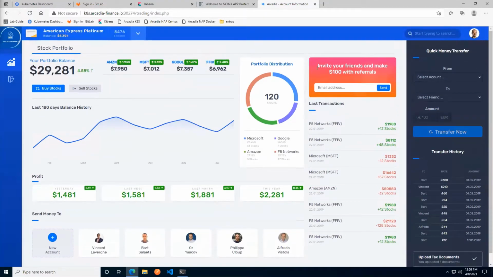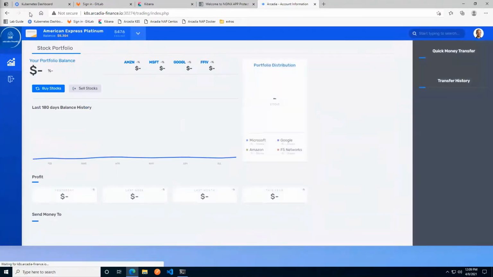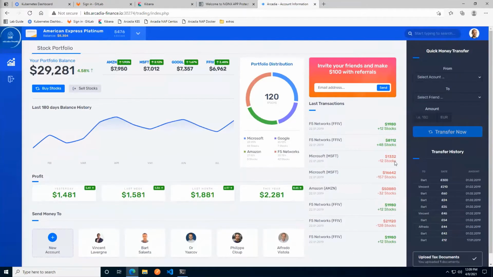You should see that the invite your friends is working and the transfer money and send money to is working. If you have a coming soon element in any of those places, feel free to go ahead and reload the page. I think it's hold down Shift and F5 or Shift and click the reload in Edge if memory serves, and you should see it updated. You're probably just looking at cached information at that stage.